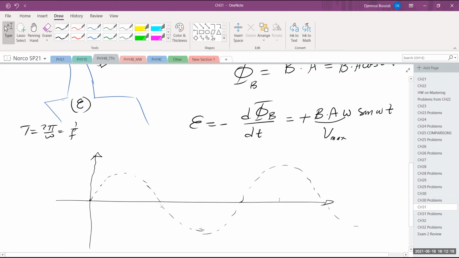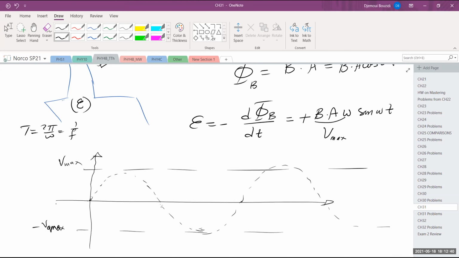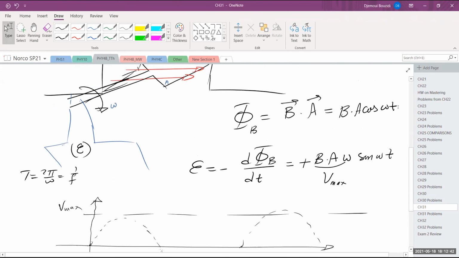So the point being in here is that this is the Vmax. This is the maximum voltage in here that I was talking about. And this is the negative Vmax. So it's always changing between Vmax and negative Vmax. And it's a sine function. I wrote it as a sine function, but don't get confused by the fact that it could very well be a cosine function, if I shift my time in here,